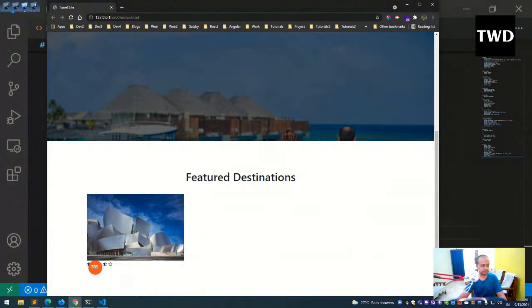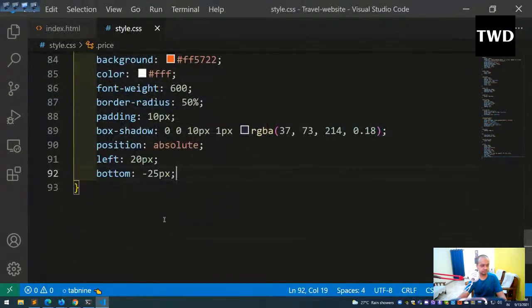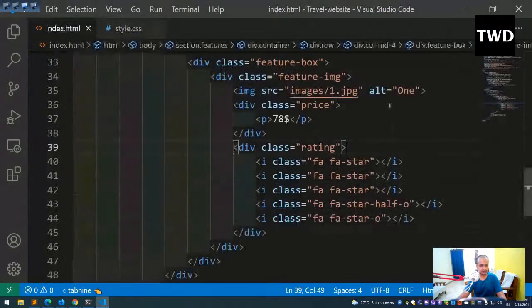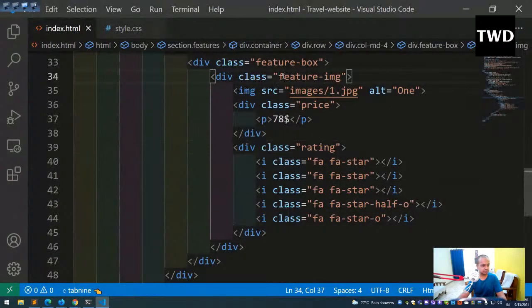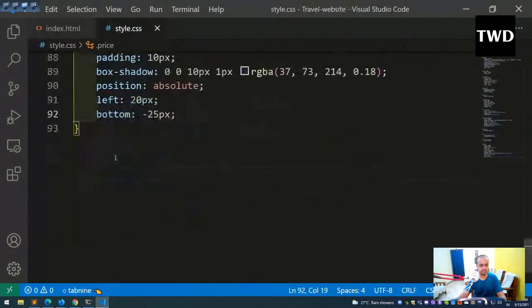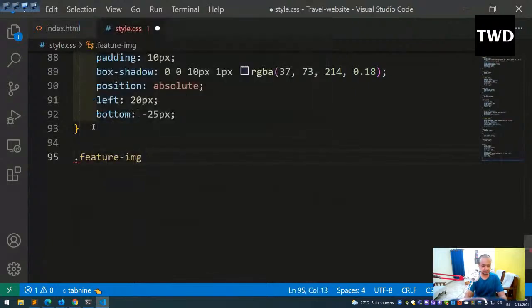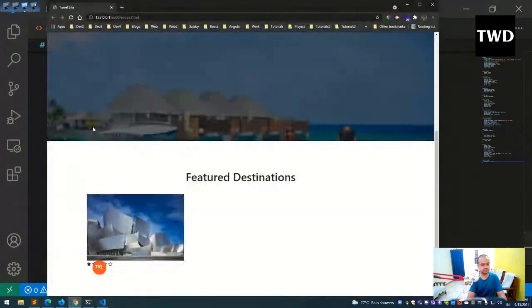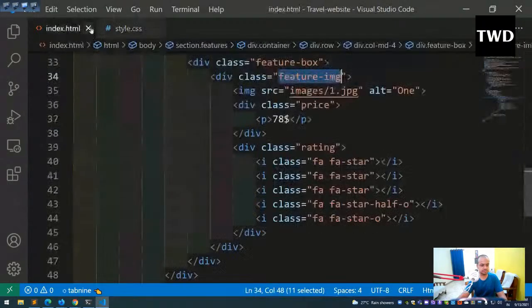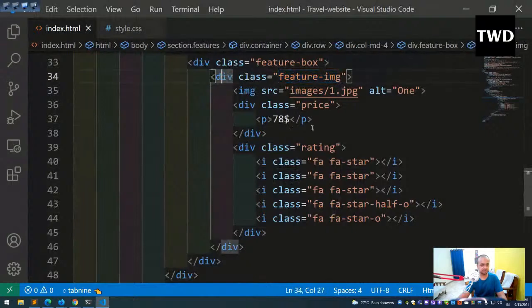Okay, so we have to move it much better. So feature, where is, yeah, this one I'll choose. Feature img. Position is relative. So the parent, actually parent, I should have made it earlier. So the parent is relative. This should have been made earlier because the price is the children. Okay, then I will do for this